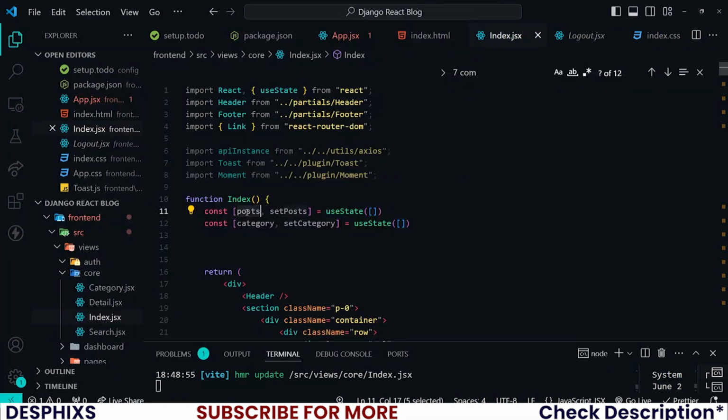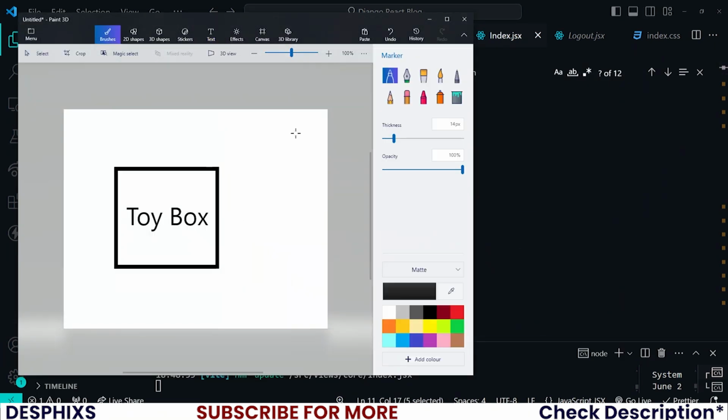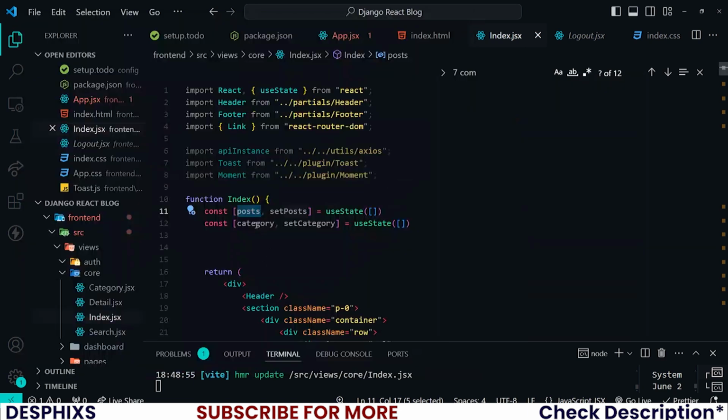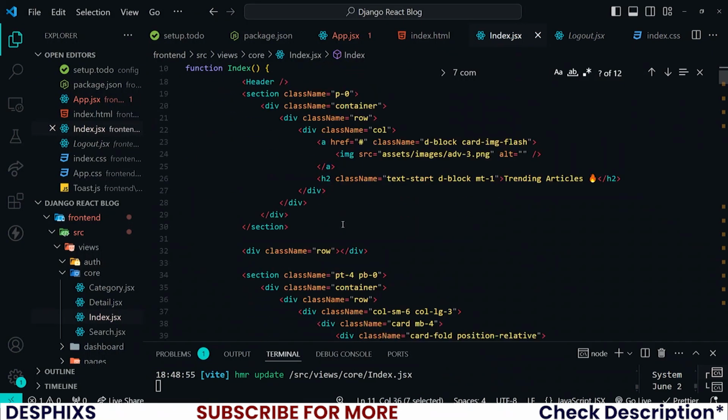Now, I want you to think of this post as pretty much a tool that helps you get toys out of this box, or that helps you access toys that are in this box somewhere else, maybe out of the box. In that case, you can use this post to grab whatever was stored in here and display it somewhere